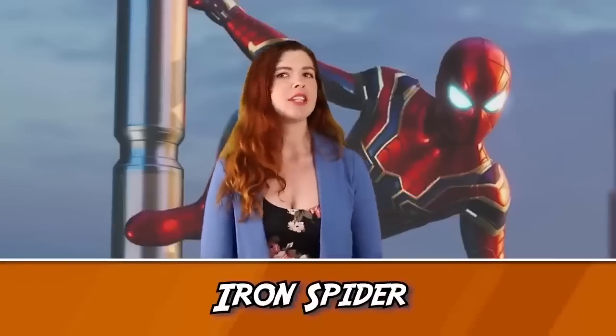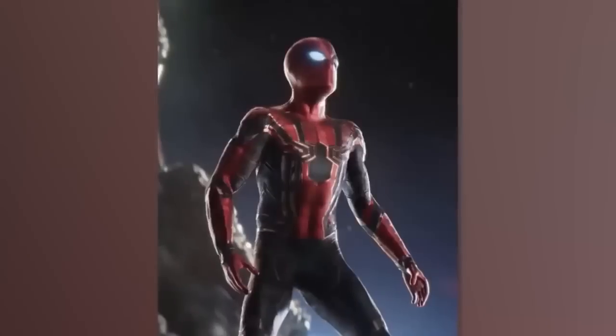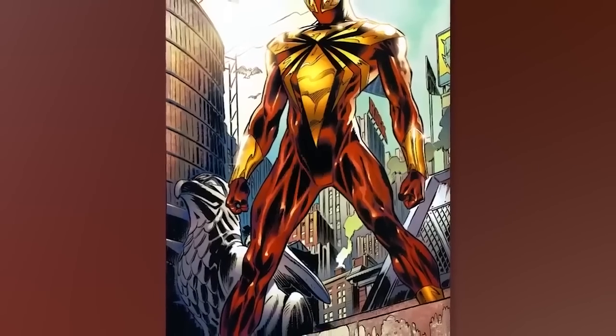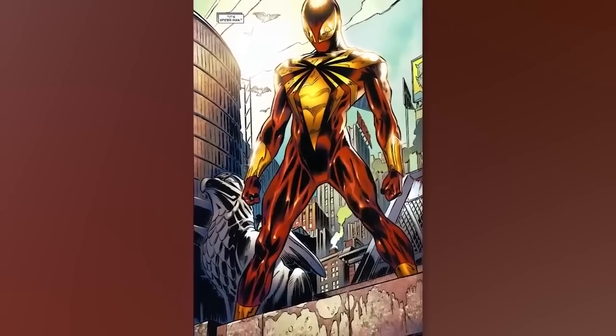This suit was created by Tony Stark himself in the MCU, but it also takes inspiration from a comic book version by the same name, also made by Tony Stark. In the MCU, it's gifted to Parker following the events where he defeats and helps to capture the supervillain Vulture. In the comics, it's given to him by Tony during the events of Civil War I, where Peter fought on Iron Man's side in the first Civil War, which of course was between Tony Stark and Captain America Steve